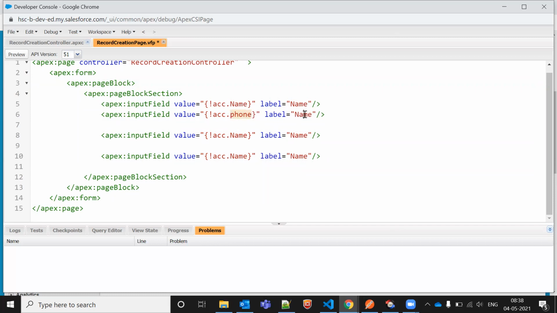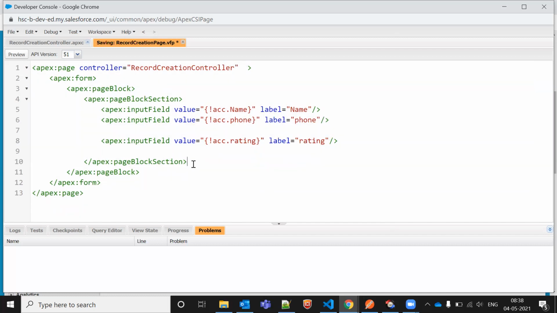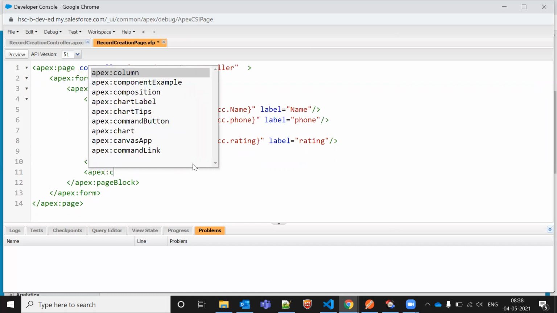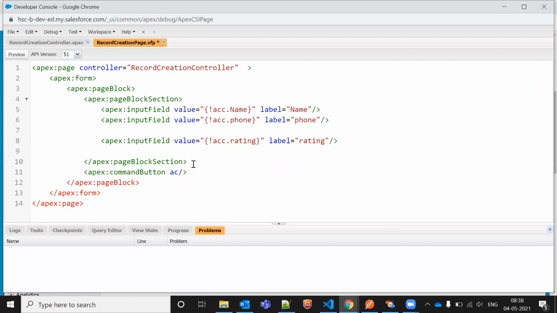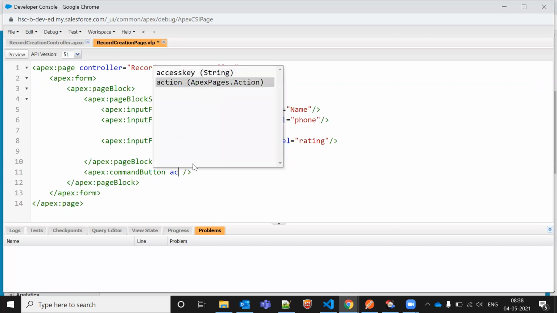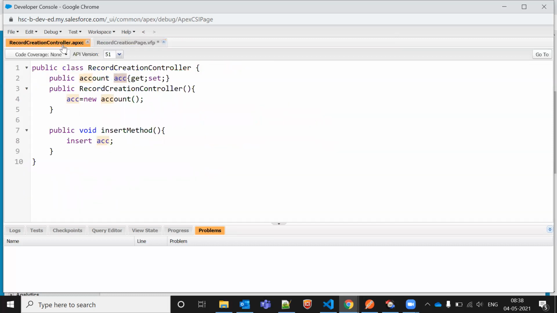So let's make it phone, let's make it rating. And parallelly, let's make a button here as well. What our action name is, insert method.